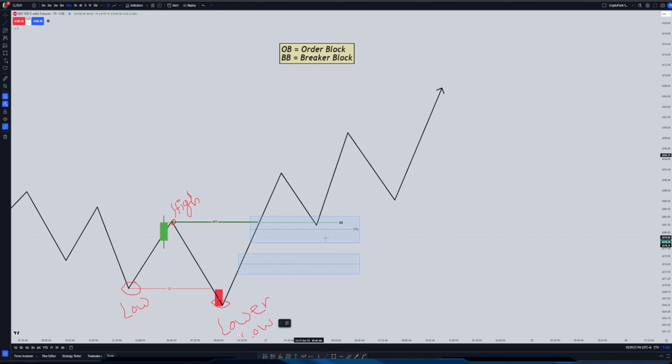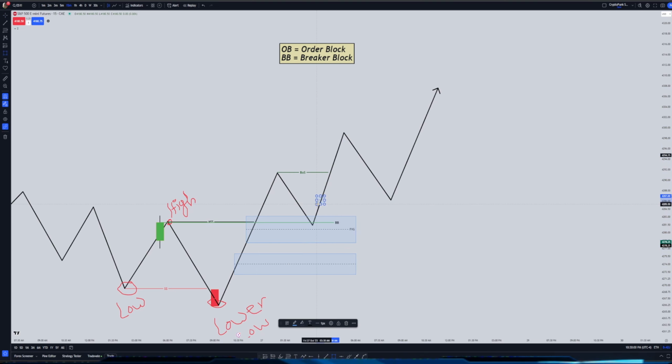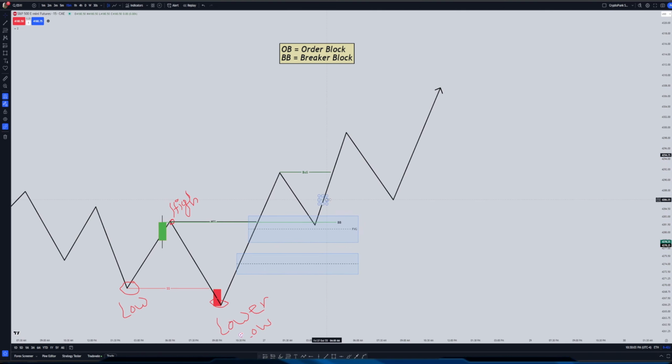I will have a similar thing happening around this area, but what happened here is market gave me a second break of structure, or in this term just a break of structure, because that's my market structure shift, and this is my break of structure. Market gave me the break of structure, and then it created a higher low than the previous low and a new higher high. So if there is a fair value gap in this level, I can enter into that,